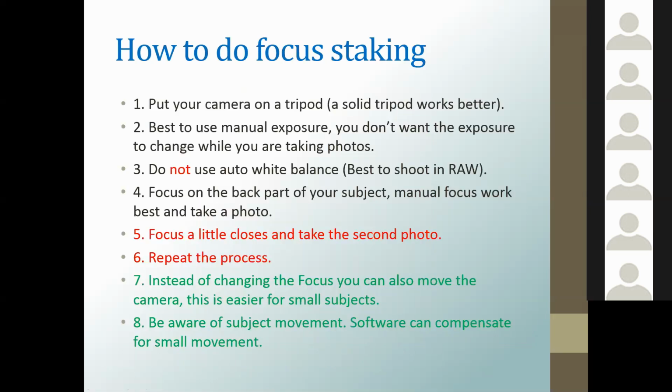The first thing is you put your camera on a tripod. You don't want it to move between all the photos. The best is to use manual exposure because you don't want every photo to be differently exposed by the camera deciding for itself. If aperture priority works for you under constant light, it's fine, but manual exposure is normally easier. Then don't use auto white balance, especially if you shoot in JPEG. If you end up with 20 photos with different white balances,